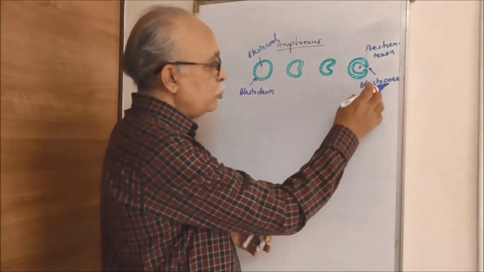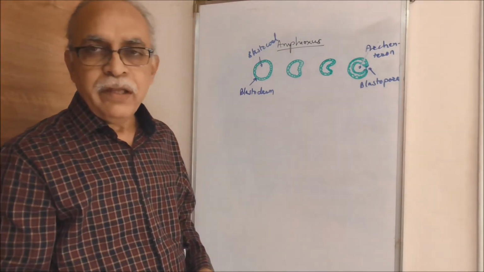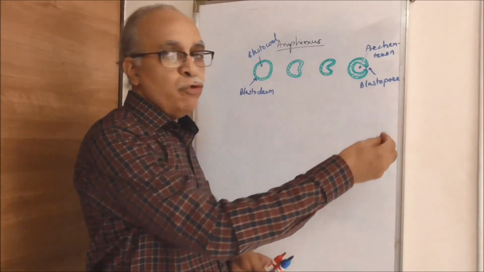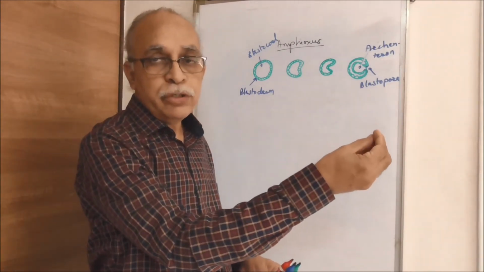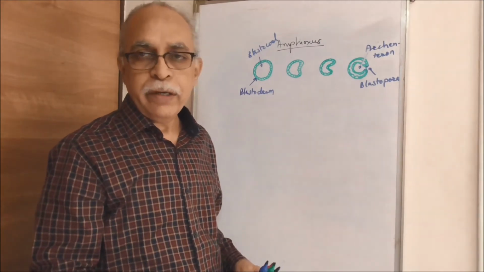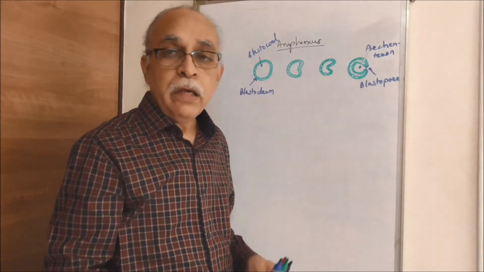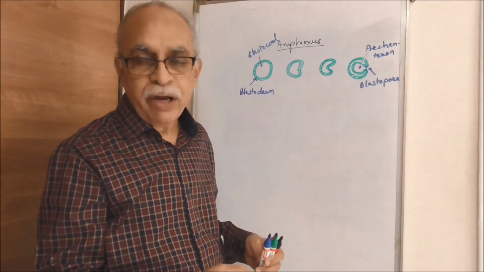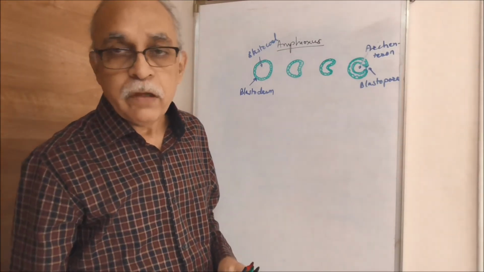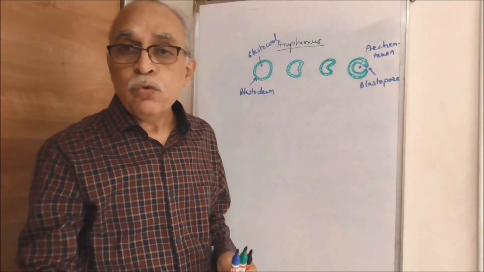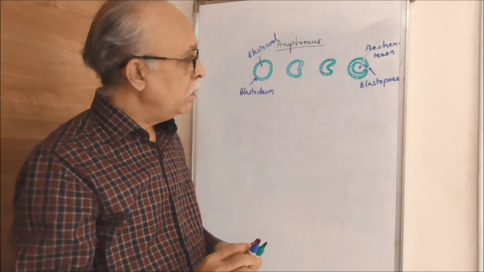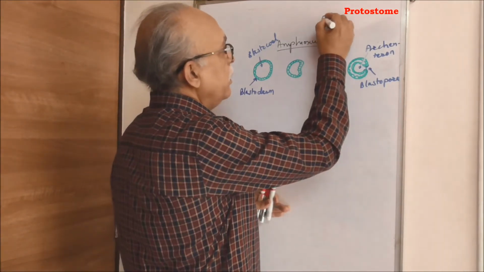Now, when you talk about blastopore, there's something that we must understand here. This blastopore is going to be a future pore of the gut when the embryo develops from here. It would have an alimentary tract, a gut. This would be one of the openings of the gut. If it leads to opening of mouth in the resulting embryo, then such animals are called as